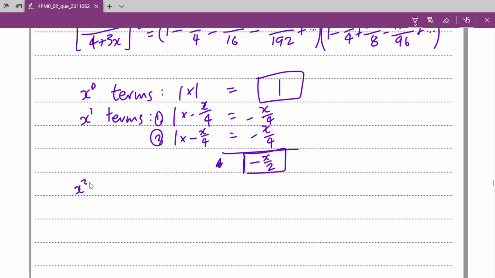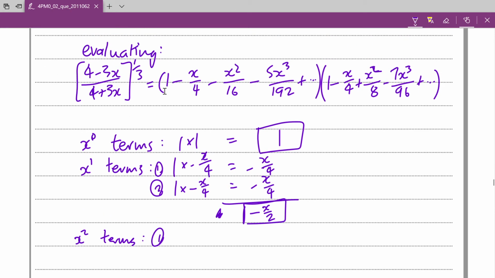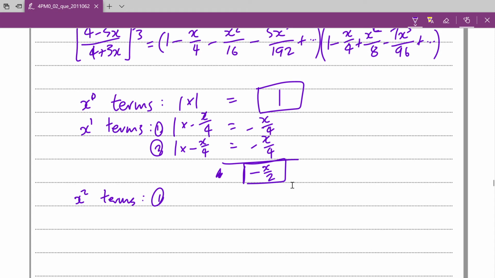And then next you have your x squared terms. So firstly, you'll get the x to the 0 term times the x squared term here. So 1 times x squared over 8 equals, of course, positive x squared over 8. And then secondly, you have your minus x over 4 multiplied by the minus x over 4 here. So that's not a 1 times minus x over 4. It should be minus x over 4 multiplied by another minus x over 4, because you're taking the x to the 1 term here and the x to the 1 term here. You multiply them together, you get the x to the 2 term that you want, which is going to be positive